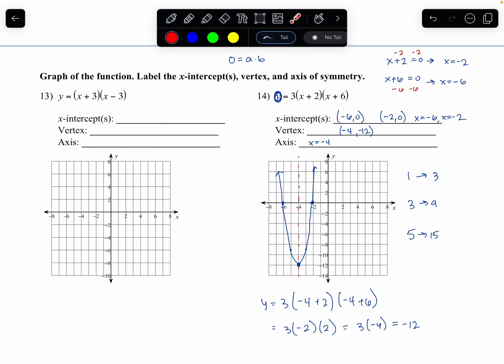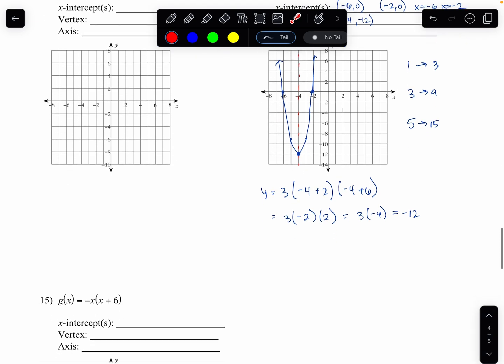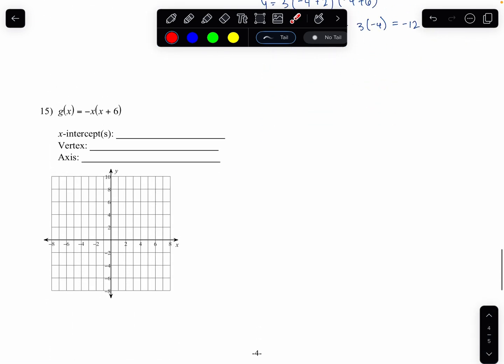So as you do number 13, you can do these x-intercepts, okay? You can find the vertex, or sorry, you can find the axis. It will be in the middle of them. Plug that value in here, do the math, and get the y value. You'll have your vertex. The coefficient out here is just 1, so the 1-3-5 rule will just be 1, 3, 5. Okay. All right, for this one right here,